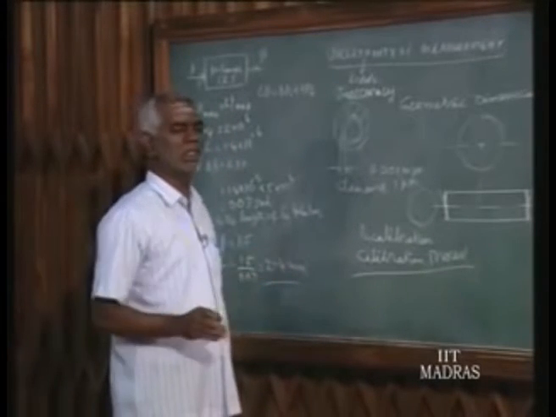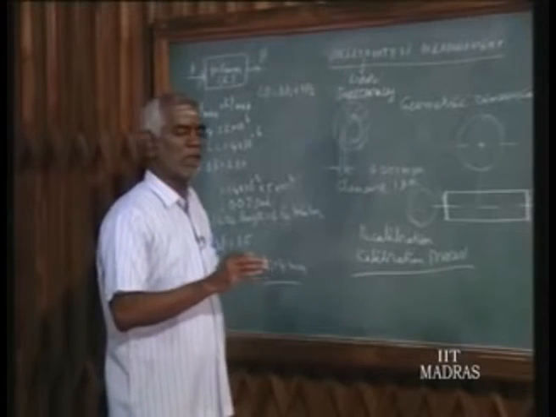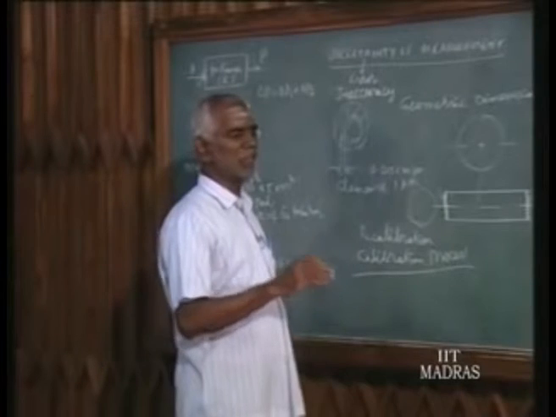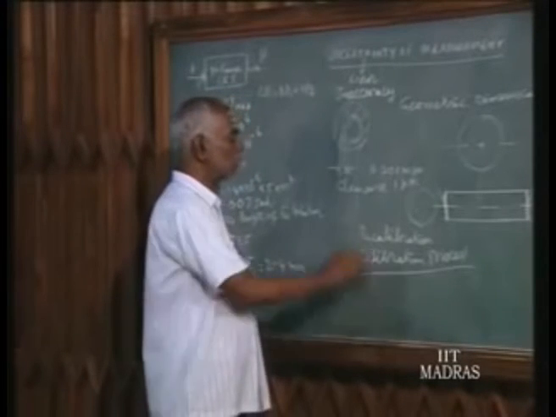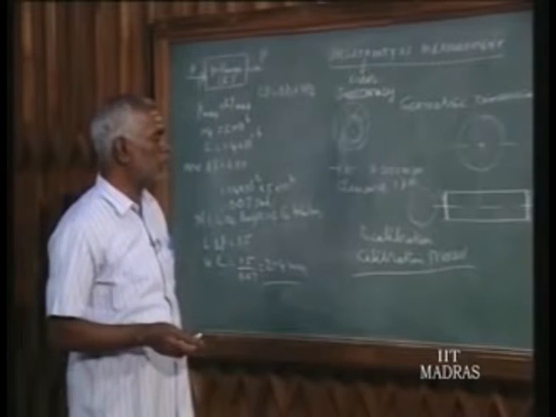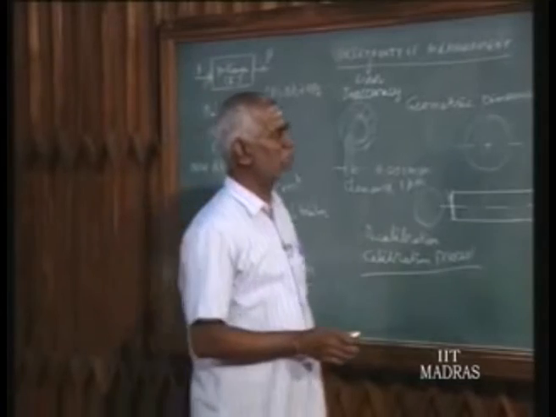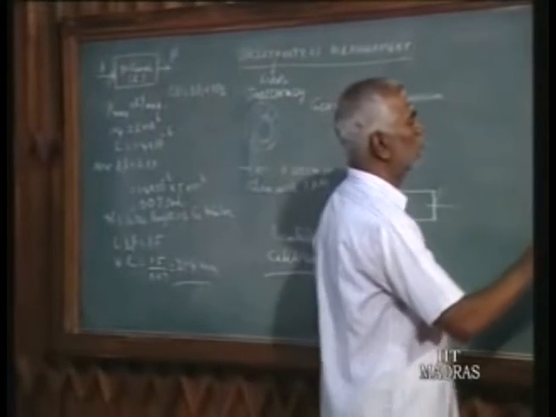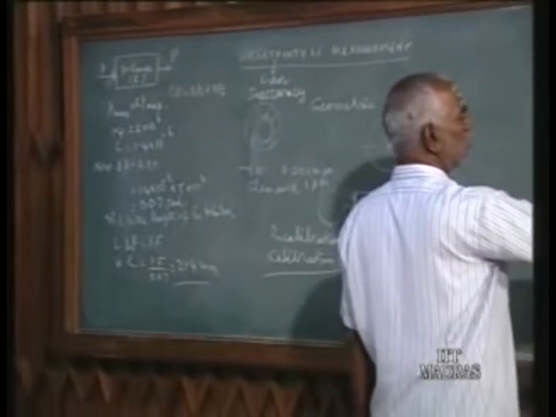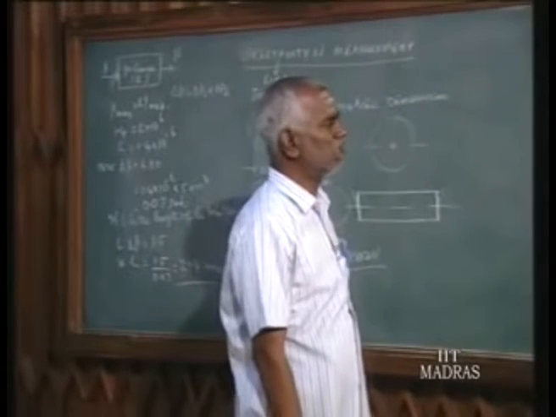So temperature may be 20 to 40 degrees. Humidity may vary between, say, 50% to 100%. Like that, atmospheric conditions are specified for any instrument in which it's supposed to be used. For that purpose, let us consider a pressure gauge. This is a standard instrument. This is the instrument which is going to be recalibrated, the instrument under test, under calibration.